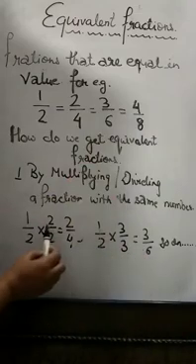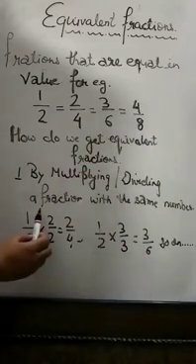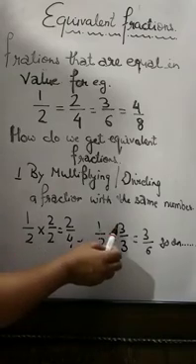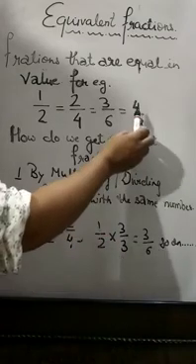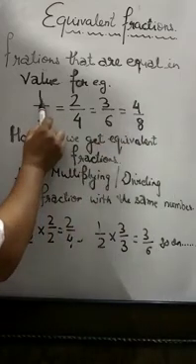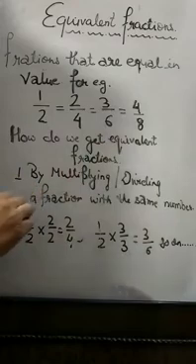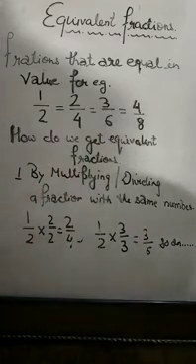So you can see what I have to do. I have to multiply the numerator and the denominator by the same number. Over here also by 3 and 3. Now to get 4 upon 8, it means I have multiplied both 1 and 2 by the number 4. Now let us further clarify this with the help of an activity as well.